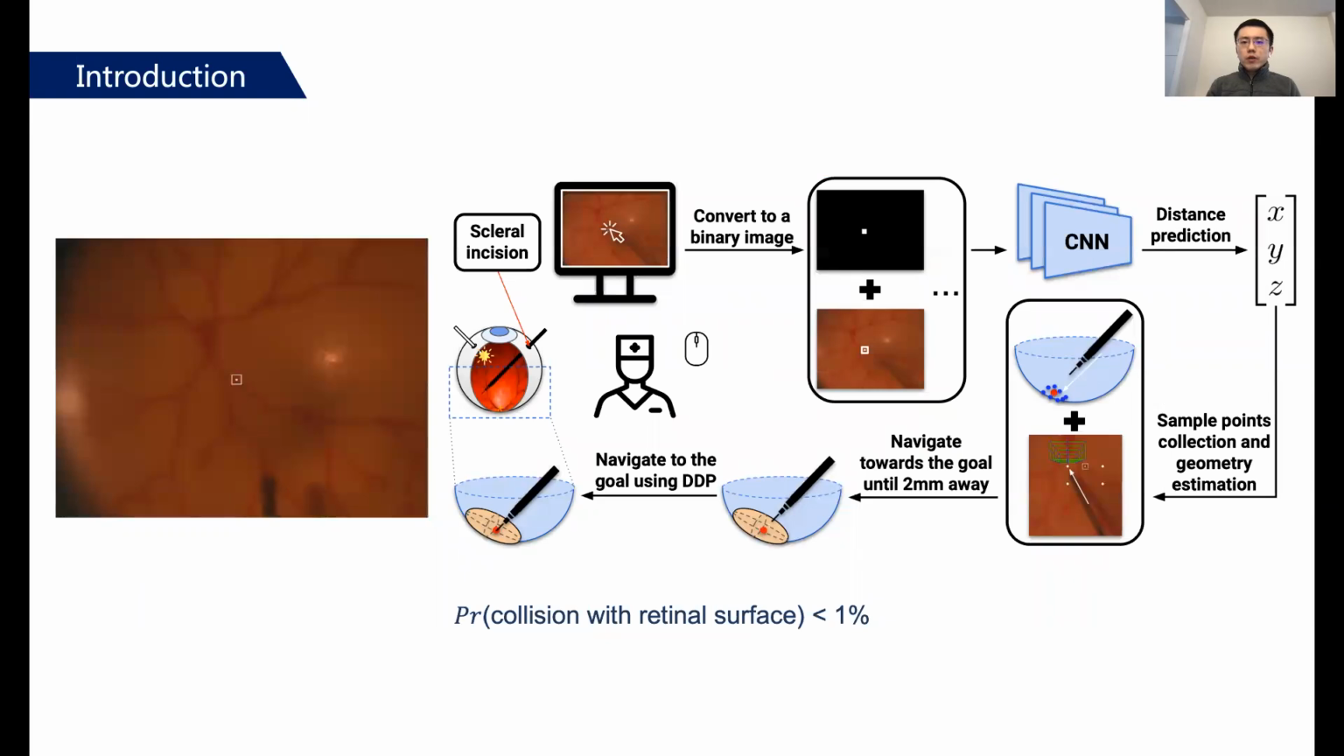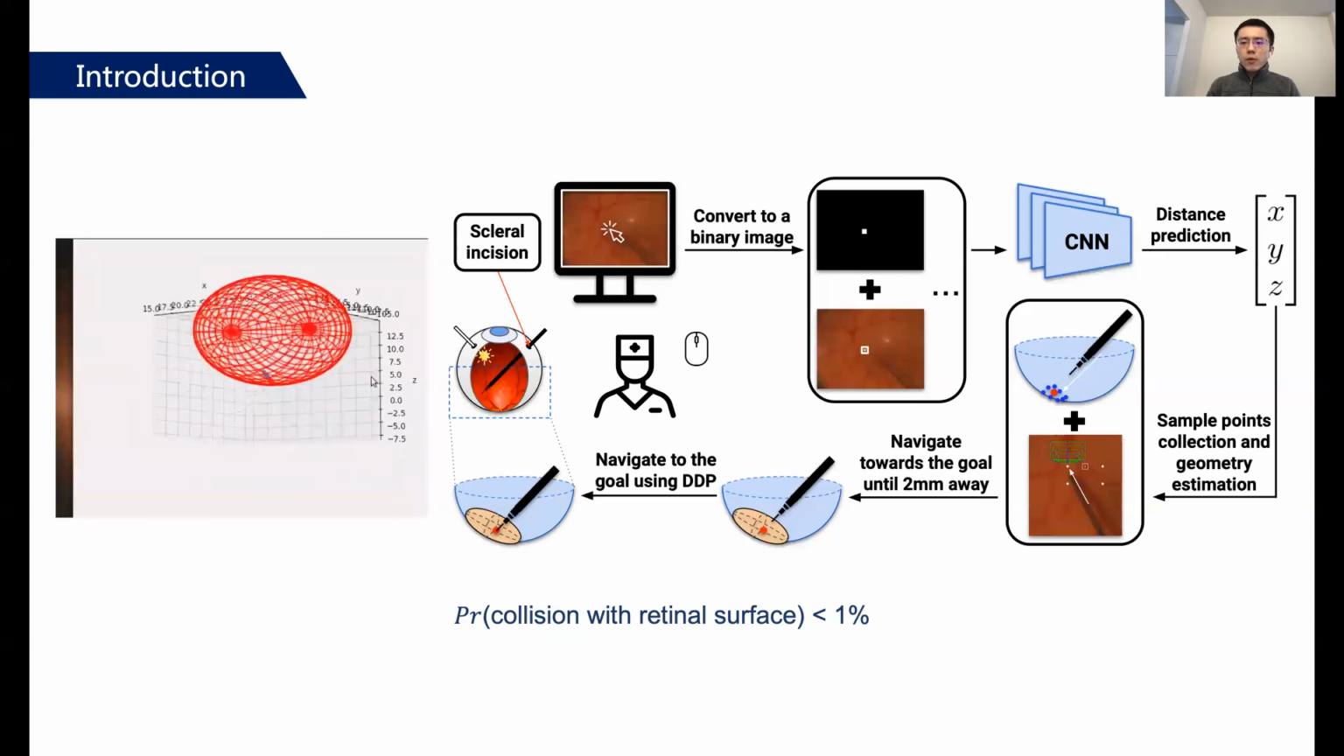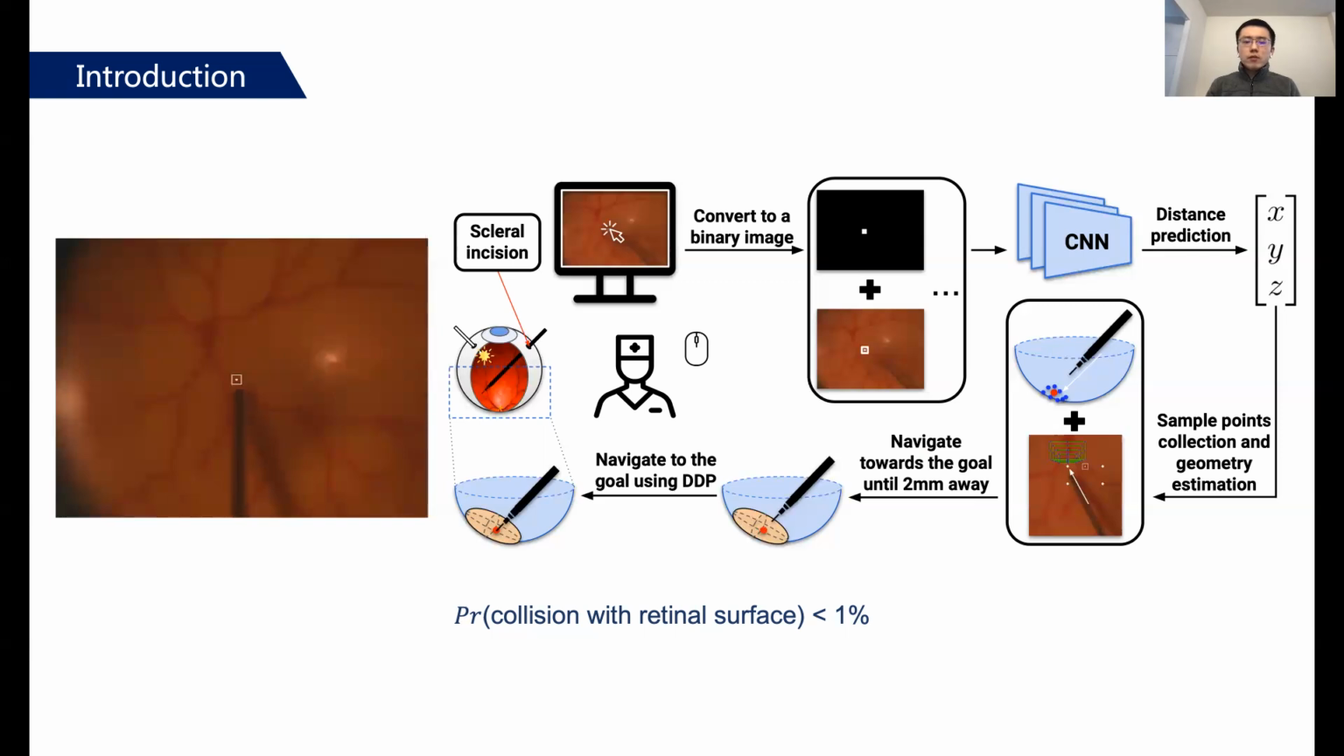So based on our previous work, we proposed a method that combines real-time geometry estimation and a chance constraint optimal control to solve this problem. The user is required to select the goal position through a mouse click on the screen. Then we feed this goal position into our network and predict the goal point. Instead of predicting the goal position alone, we try to predict a lot of sample points around it. Then we use these sample points to fit a small local retinal area around the goal point. Even though there may exist some outliers, as long as most predicted sample points are accurate, we are confident